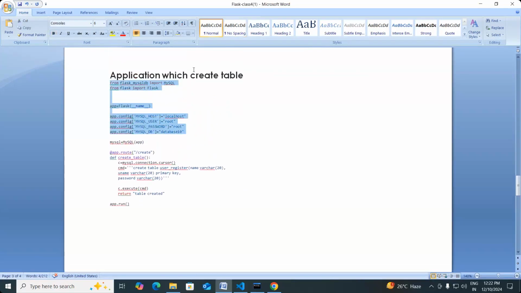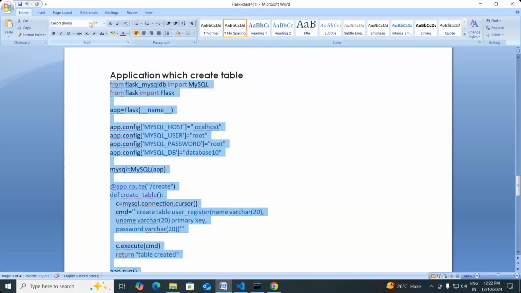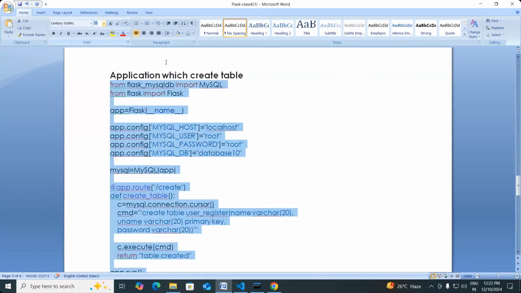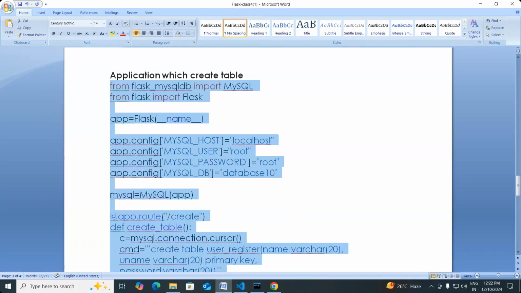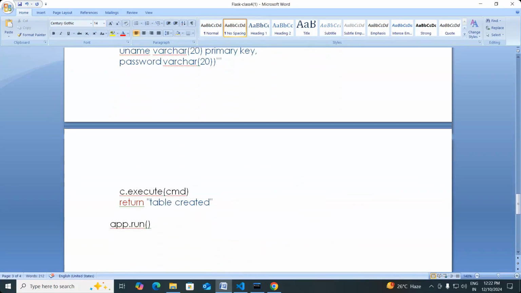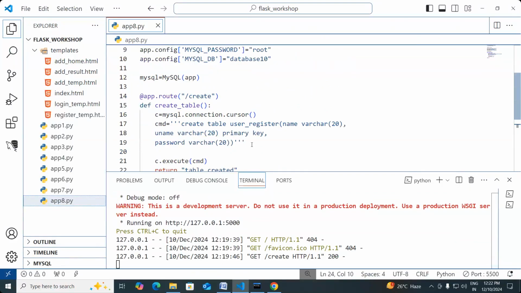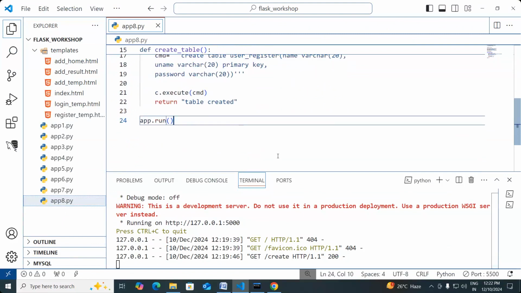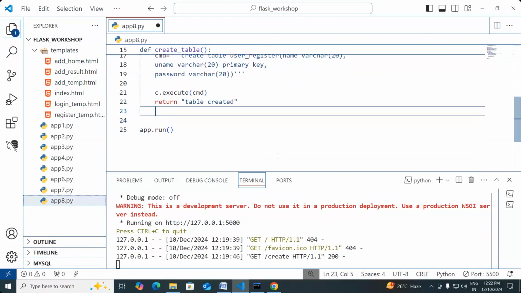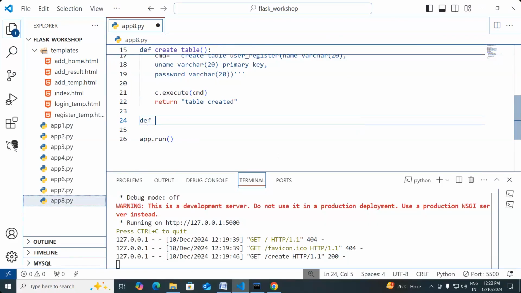So once the table is created, you can perform all the operations like inserting, updating, deleting, everything you can do it. For example, I want to insert the data. So here I'm creating one more view, that is a registering user definition, and there is a function called register,